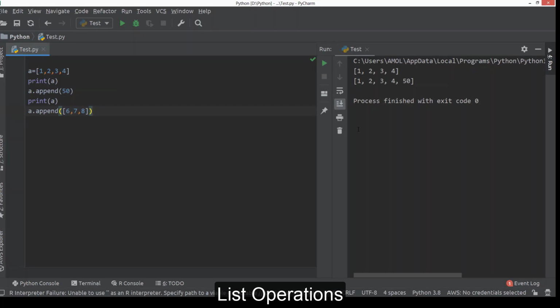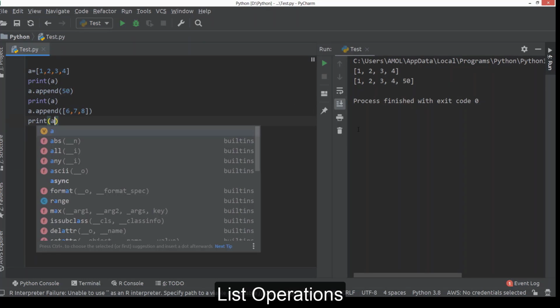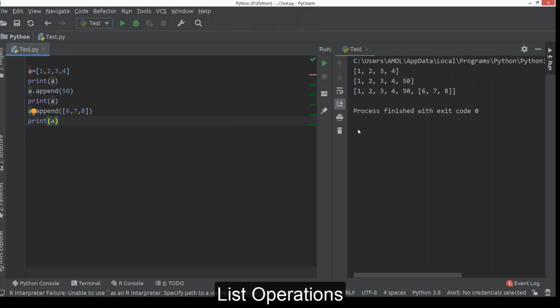See, the initial list contains 4 elements, 1 to 4, then we append 50, and now we are appending another list here. So that list will get printed over here. So append is a function by which we can append elements to an existing list.